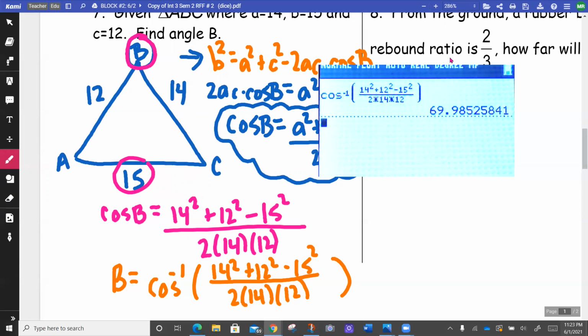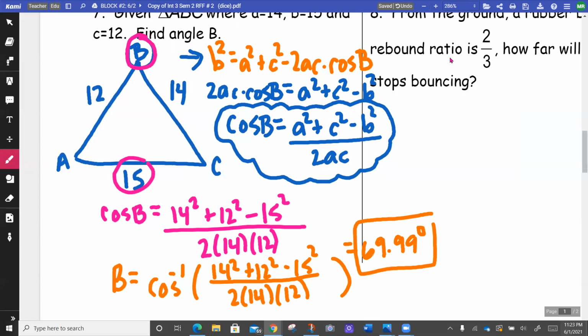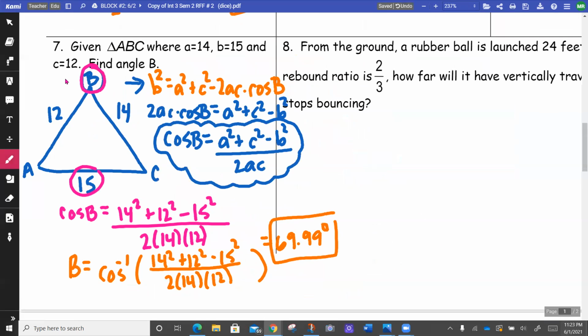And I end up getting this equal to 69.99 degrees. So about 70. On number 8,